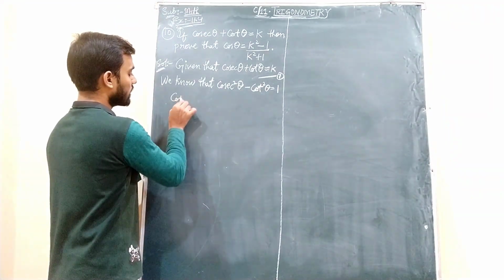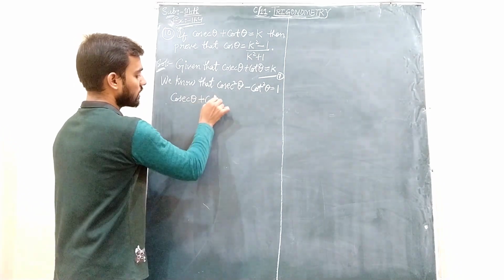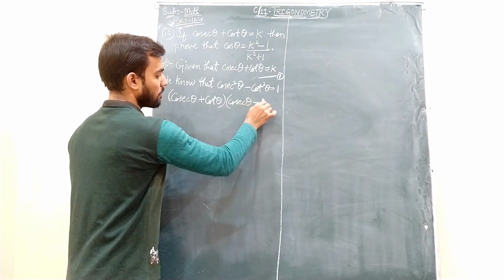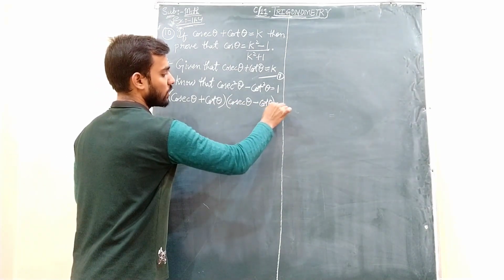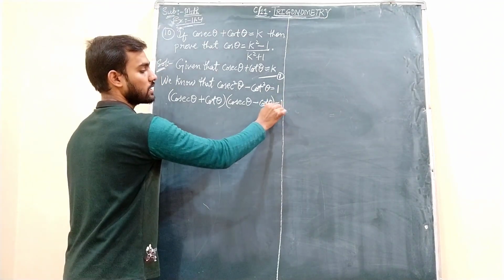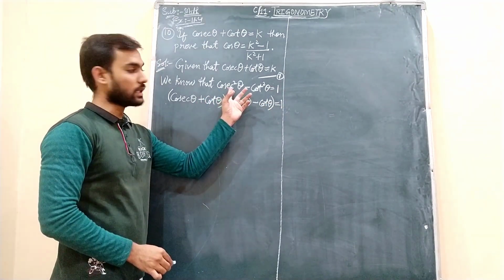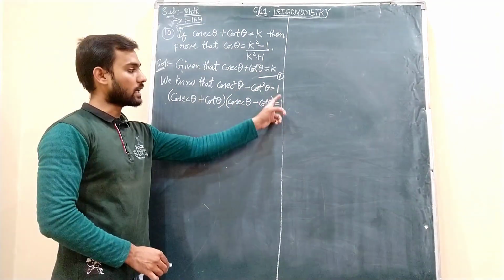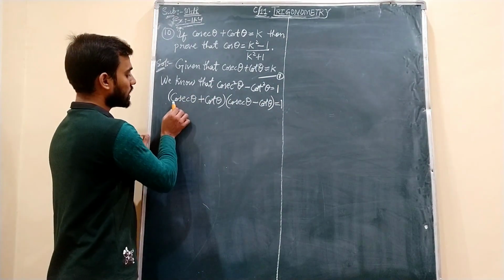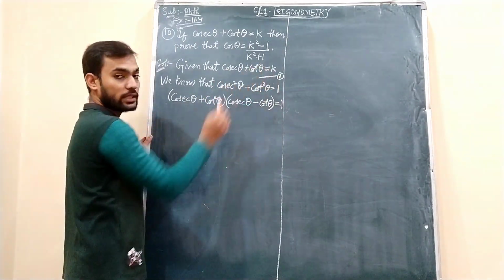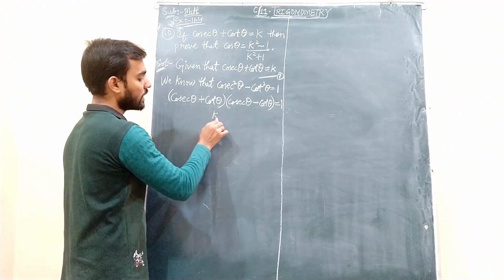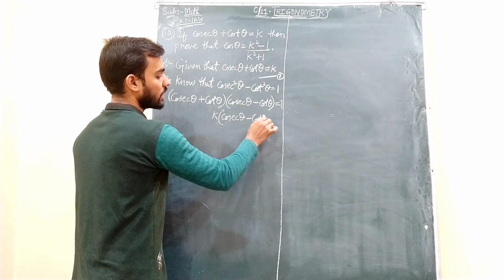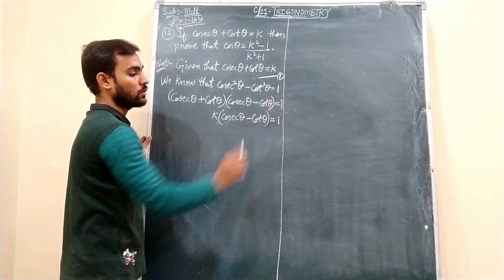So it is like a square minus b square, which will become a plus b into a minus b. So I have to write a plus b into a minus b is equal to, right side 1 remains as it is. Okay students, on the left side the identity part is like a square minus b square, so I have interchanged that as a plus b into a minus b, and on the right side 1 remains as it is. Now if you see the question, this value is already given, cosecant theta plus cot theta is equal to k. So in place of this I will write k, and this part remains as it is, cosecant theta minus cot theta is equal to, right side also 1 remains as it is.